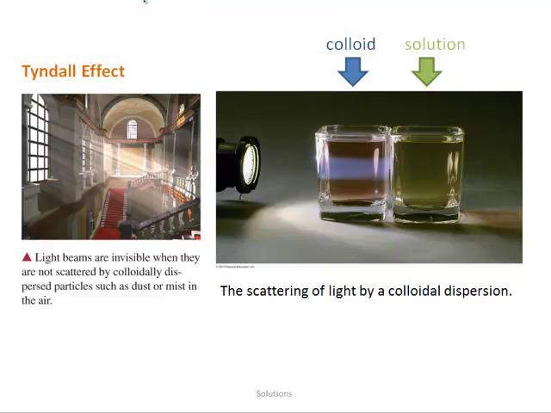If you see light in a large room, it turns out the dust molecules, large aggregates of dust or even water vapor in the air, can scatter light. You can see the light beam going through a colloid solution, whereas a normal solution with ions or molecules individually solubilized will not scatter light. There are no aggregates that are large enough to scatter the visible